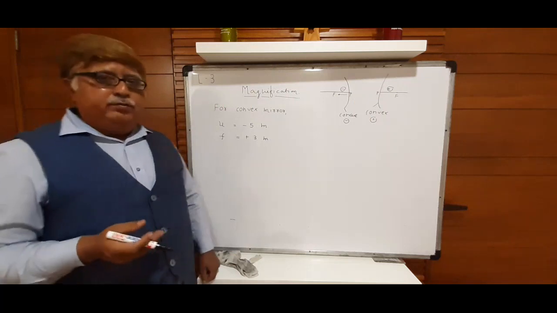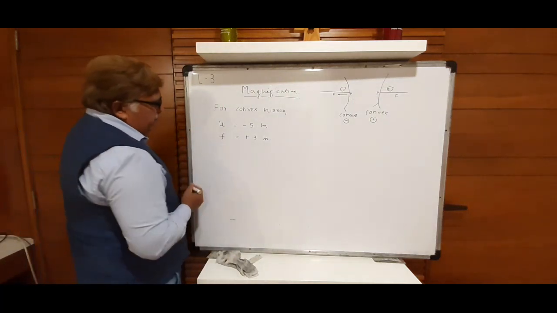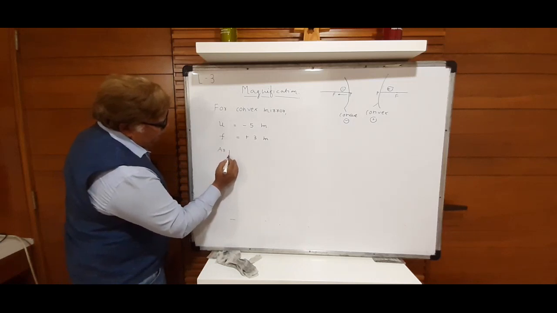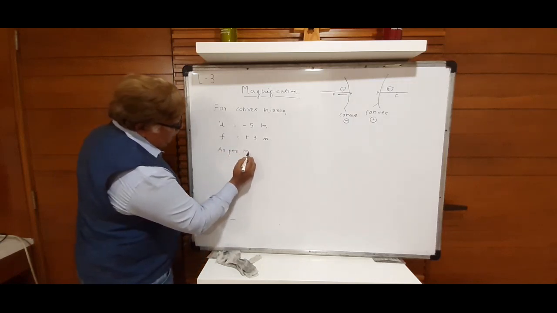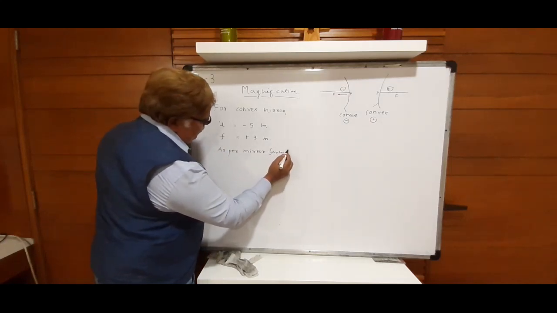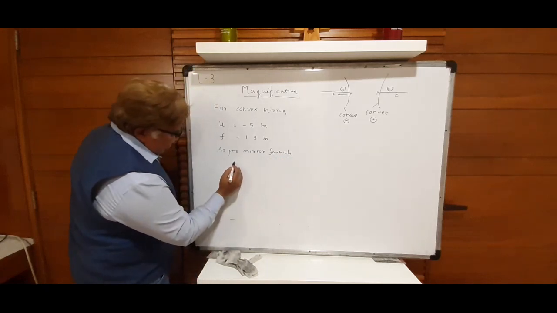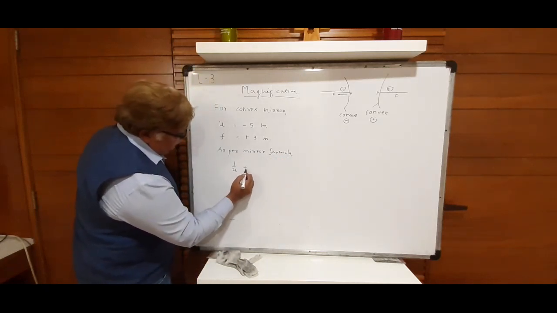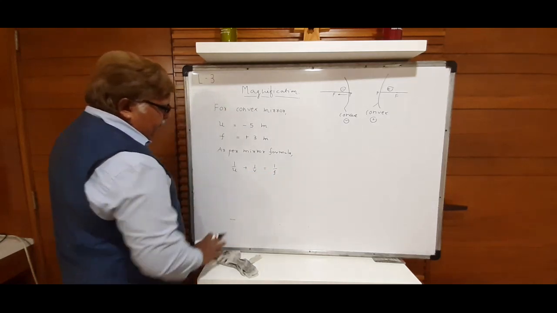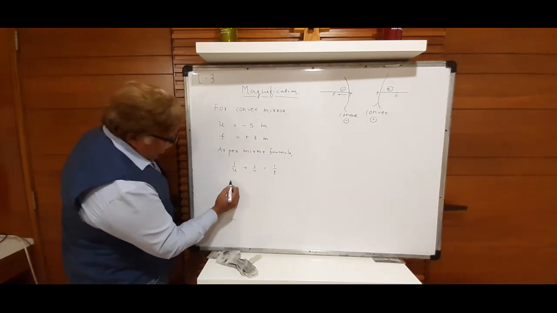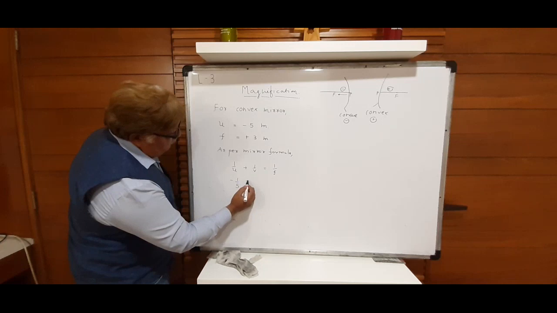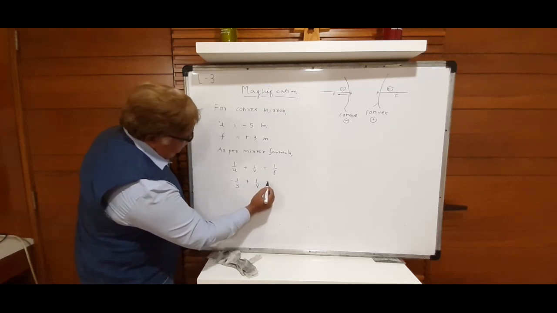Where the image formation is taking place, let us use the mirror formula. Let us write the mirror formula first: 1 upon u plus 1 upon v equals 1 upon f. Put down the values: minus 1 upon 5 plus 1 upon v equals